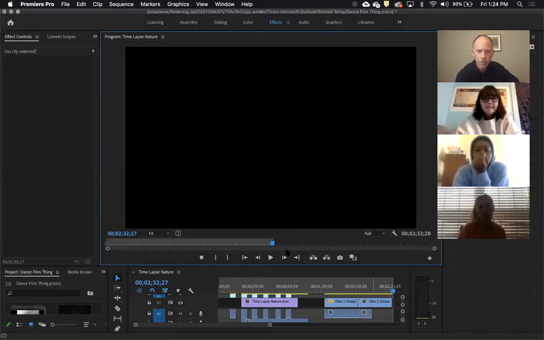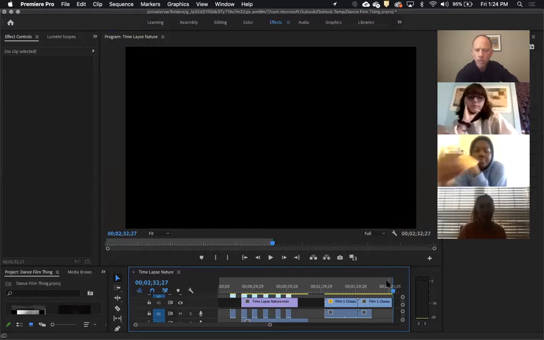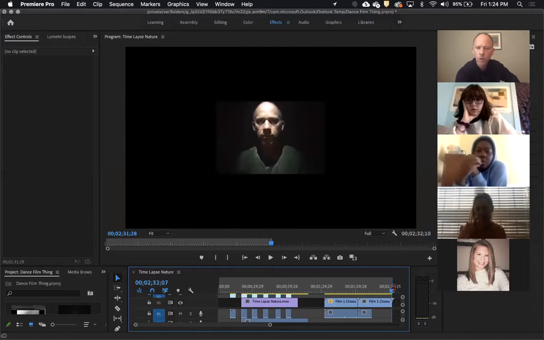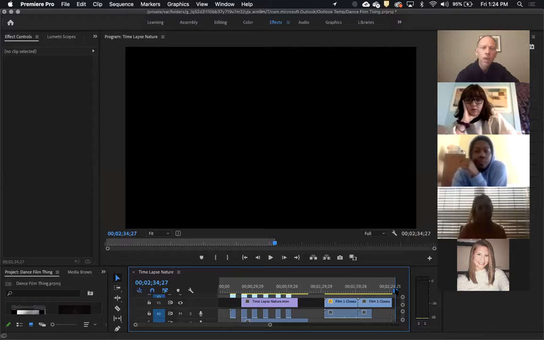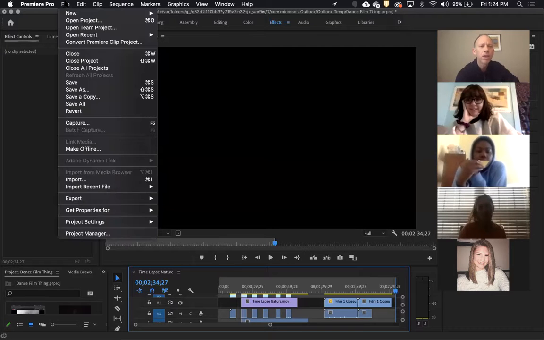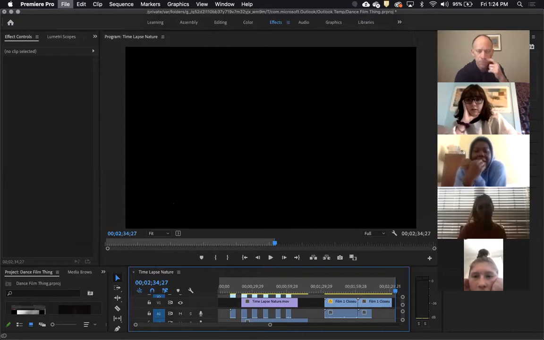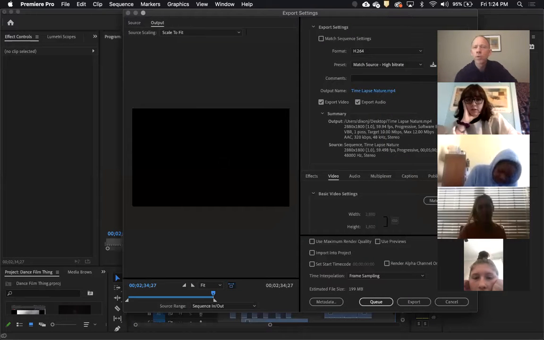So again, we set the out point by clicking in our timeline where we want it to be, and then hitting O. That's a scary shot. And then click on File, Export, and Media, and then it brings up this